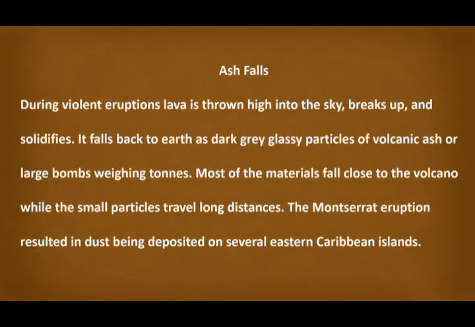So ash falls are another threat of the volcano, because here we have ash being ejected by an erupting volcano and it falls back to the surface. Now, it can cause damage to utility lines. It can fall on people or animals and burn them, because the ash is not cool. The ash is actually very hot.